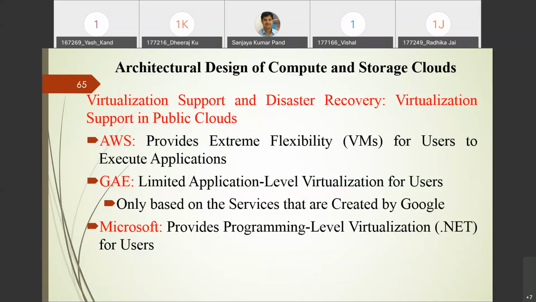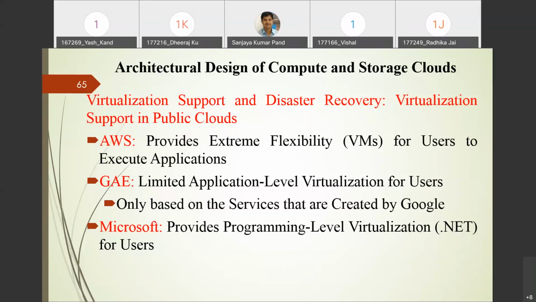These three platforms provide various cloud services as well as location based cloud. We are going to discuss these three clouds in detail, especially in terms of their architecture, what kind of security features they have, and what kind of services are offered by these cloud service providers. That we will discuss in today's class.